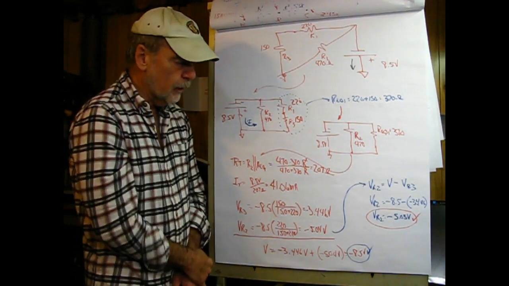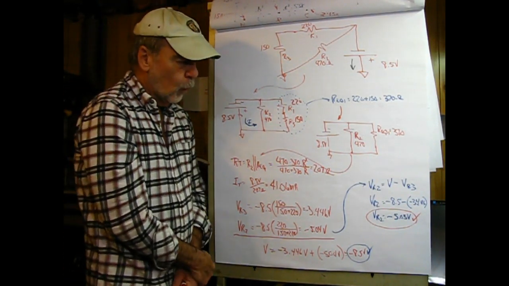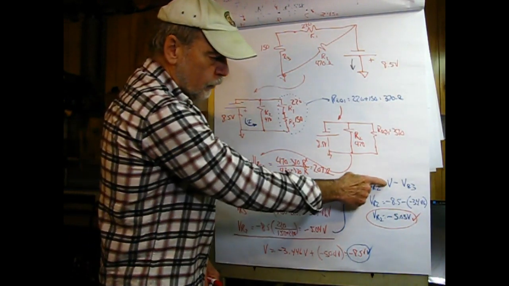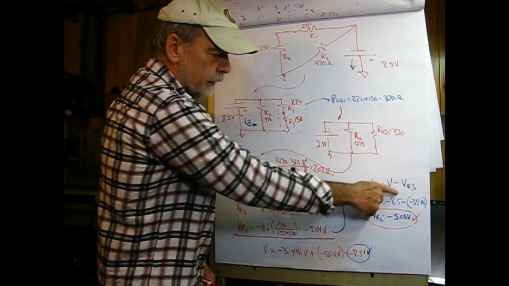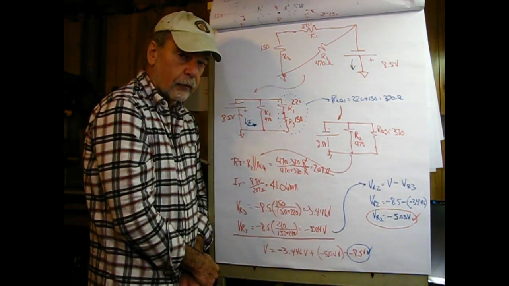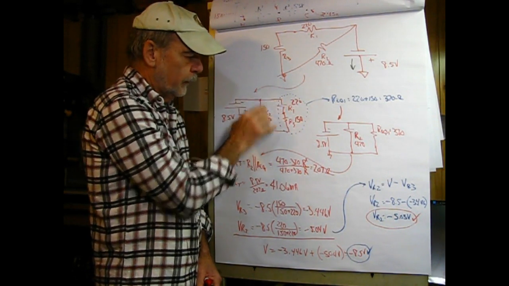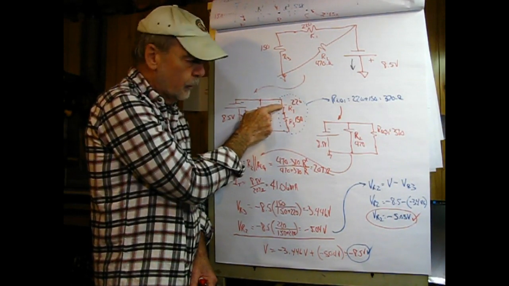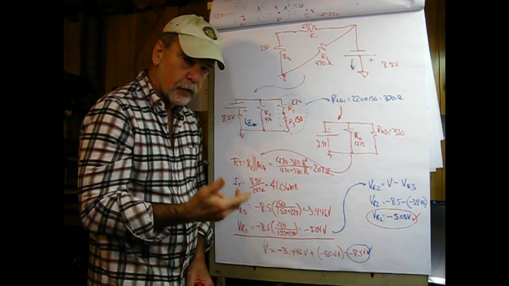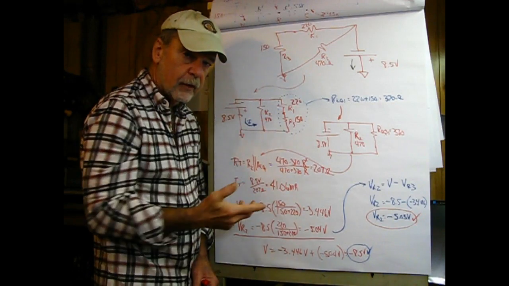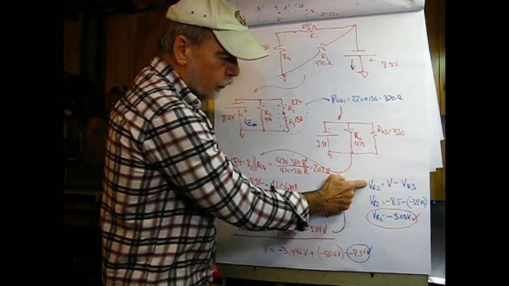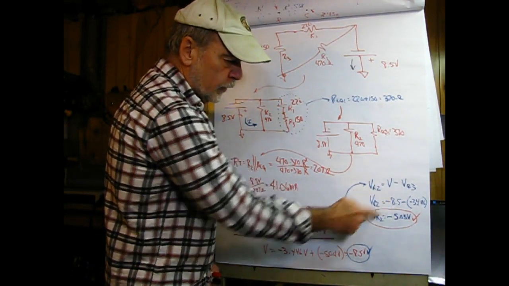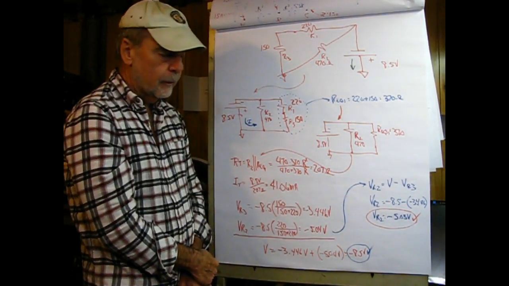So that checks out. Further, if I wanted to find VR2 without going through this step, there's nothing wrong with taking the total voltage in the circuit and subtracting from it VR3. So if we have a total and we subtract a known quantity, what we're left with is this guy. And this, again, works because of Kirchhoff's voltage law. This may be a simpler calculation. So in doing that, here I set this up, and you have to be very careful of signs. VR2 equals negative 8.5 volts minus a negative